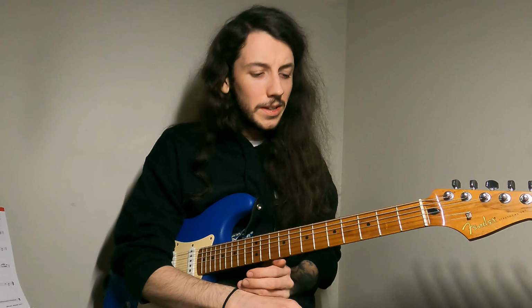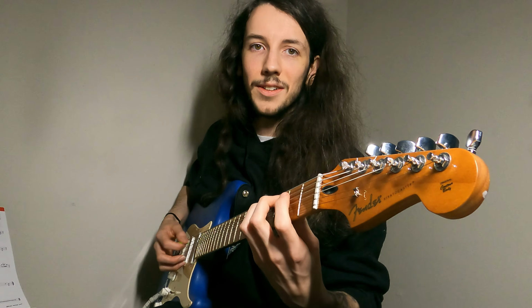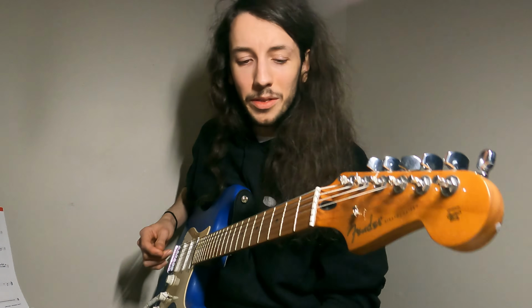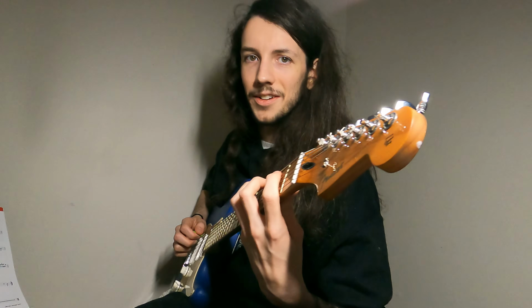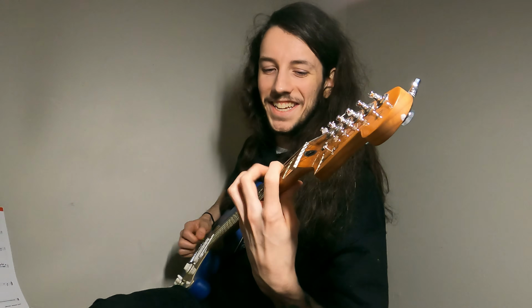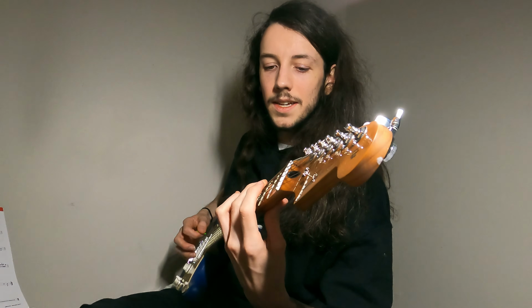So the particular thing, if I'm playing single notes, when I play scales, I'll try to get this to a place where you can see it. I don't know how well it'll be coming across. Let me adjust my lighting here. But when I'm playing these single notes, say this G major scale, I have to lean so that you can see, but what I'm doing is when I'm playing,